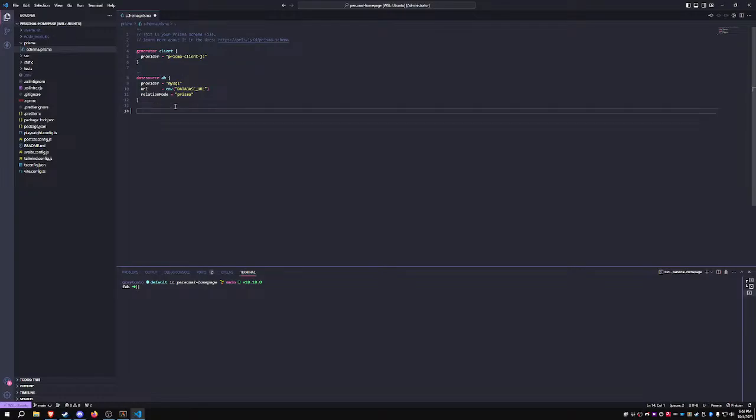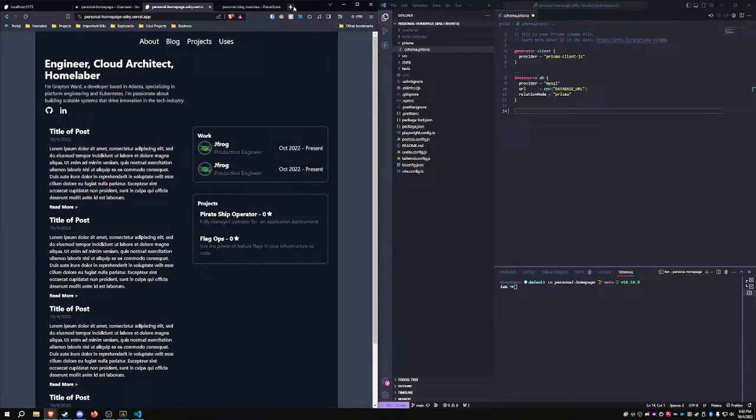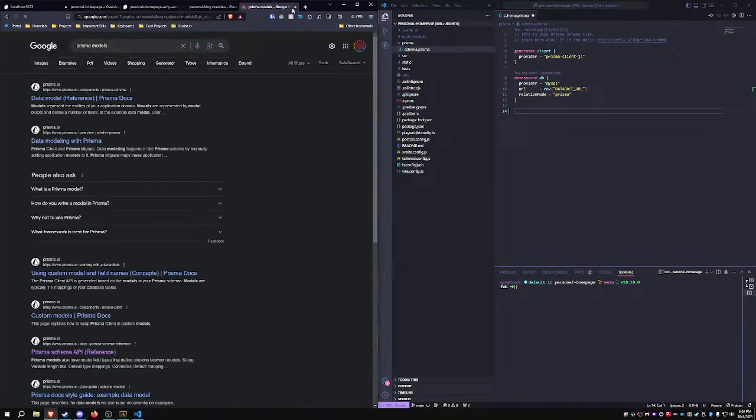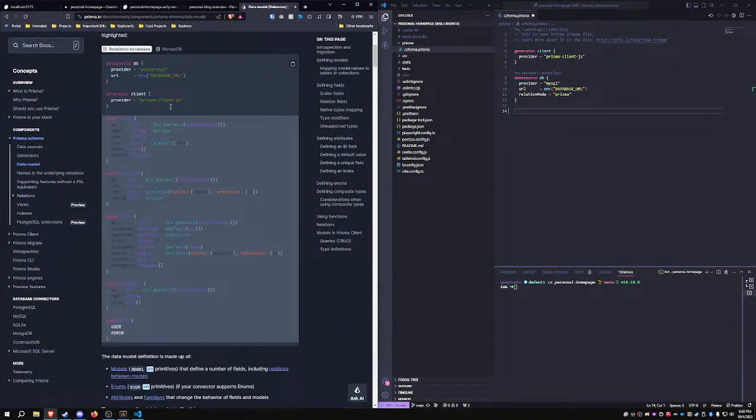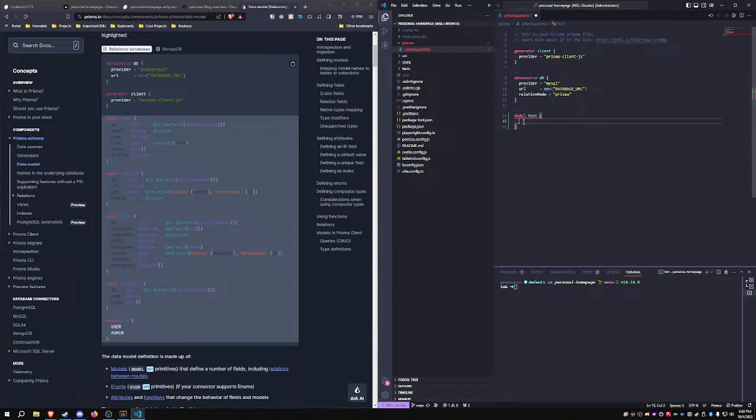So I need to remember how Prisma works. So the main thing that I want to have are posts, right? And I'm the only user, so I don't need all of this other stuff. So let me get a model for a post. And we're gonna have an ID, which is gonna be a string @id @default(cuid). So that will auto-generate some. Actually, do I want that? Because that's going to be